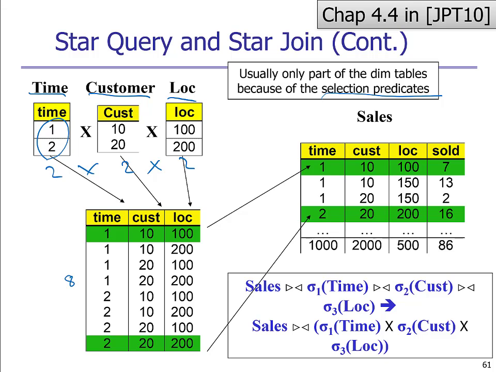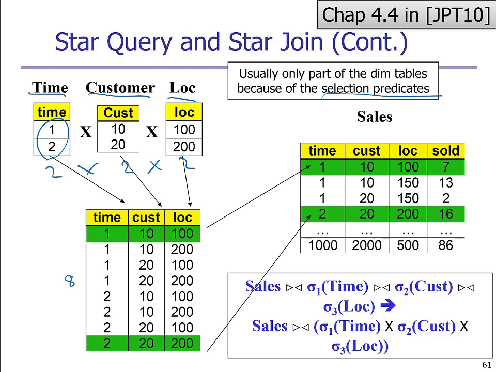Then these are the combination of foreign keys within the fact table that we need to select, or we need to maintain or keep. Okay, and if we apply this selection condition on, say, the fact table, it will be much faster. Well, we will see why later, but essentially you will quickly get the numbers or those rows that